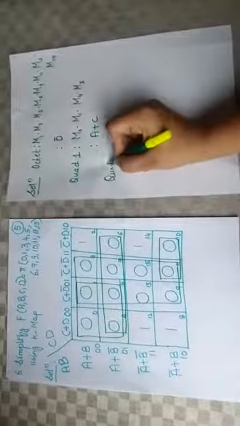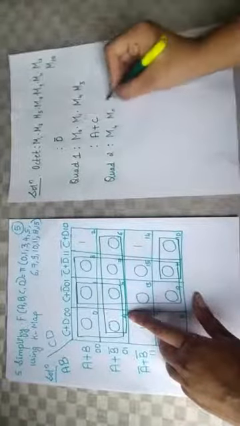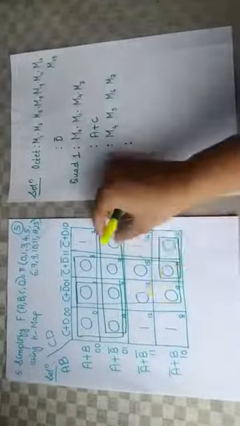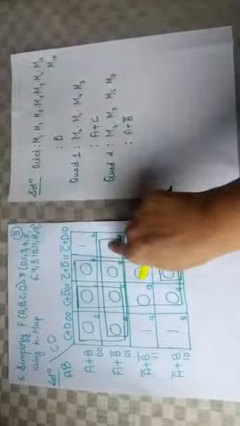Next, take quad 2, which is this one. It is M4, M5, M6 and M7. So this is the quad. This quad is associated with this row and all the 4 columns, right? Since it is associated with a single row, we can't go for a common value, so this entire term should be considered A plus B complement. And it is associated with all the 4 columns, so we don't get any common term. You have this as a simplified form.